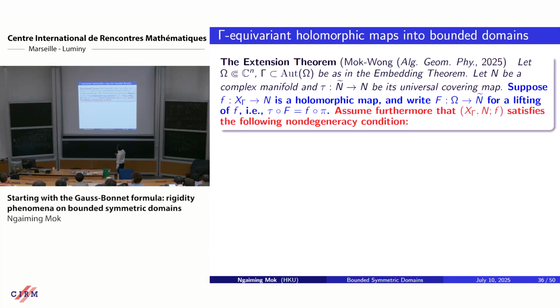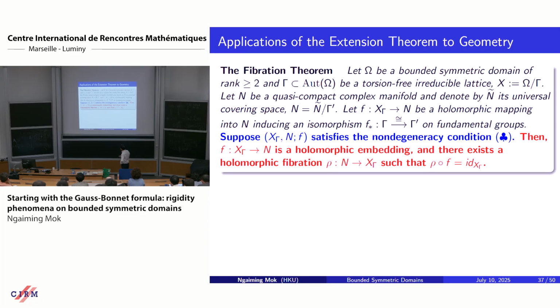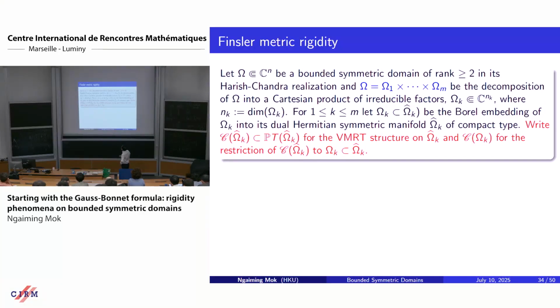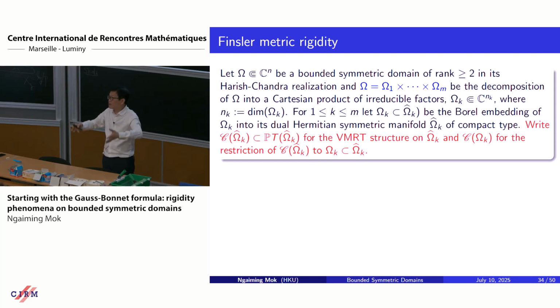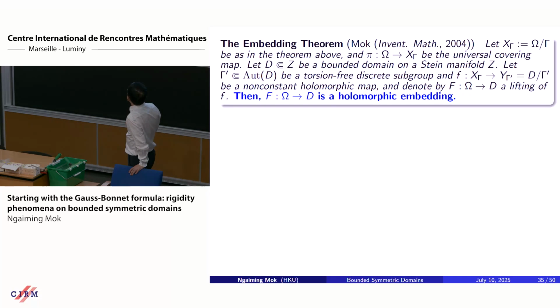So maybe I just say something. This is the gamma. So, the Finsler metric rigidity theorem. The Finsler rigidity has to do with not looking at Hermitian metrics, but just looking at a Finsler metric. And then I only restrict to the VMRTs, and then I prove their rigidity. This was something I did a long time ago. It was, for instance, an article in 2004. But this turns out to be important in the study of the spectral base. And in a very recent article,